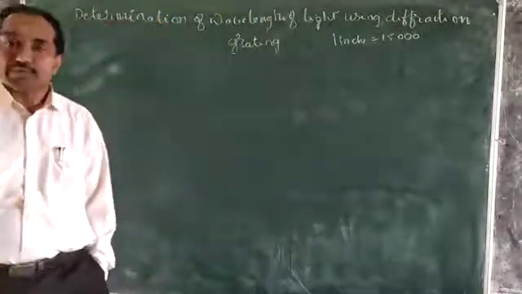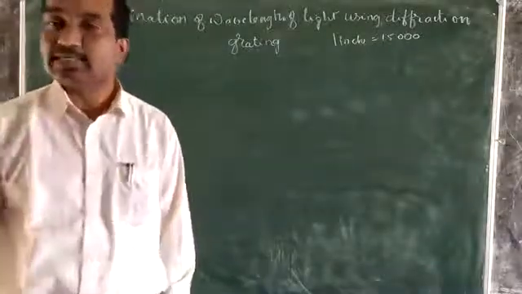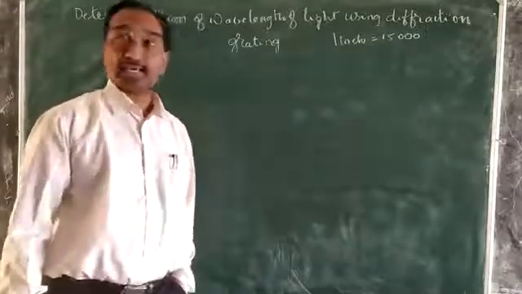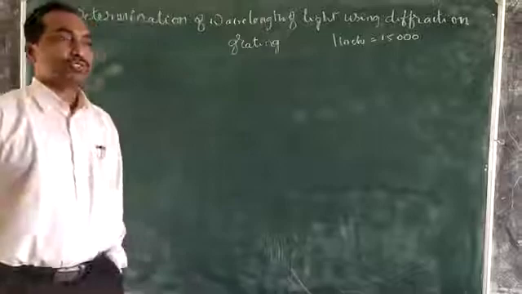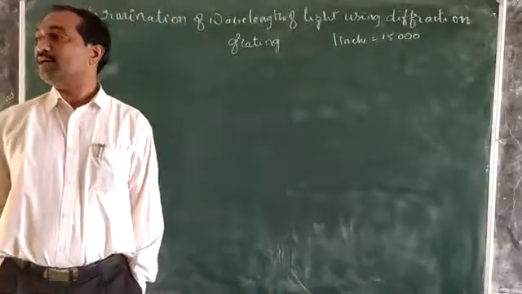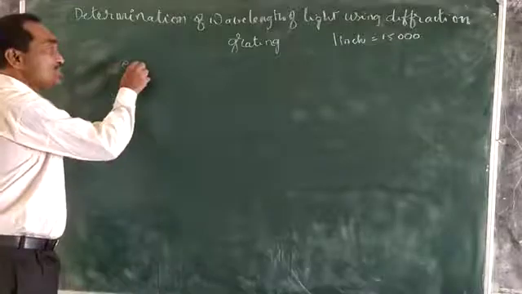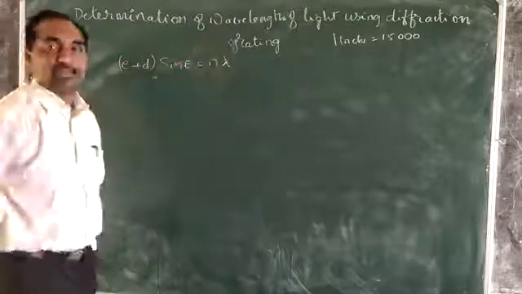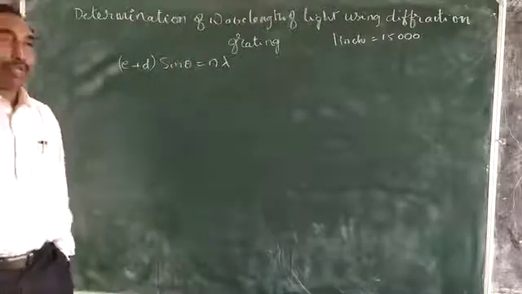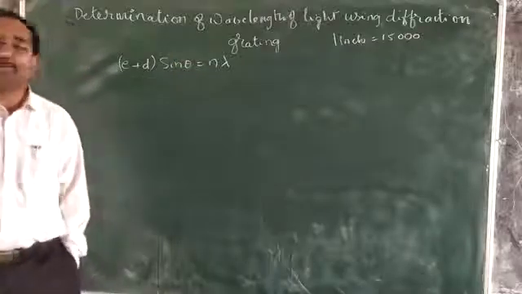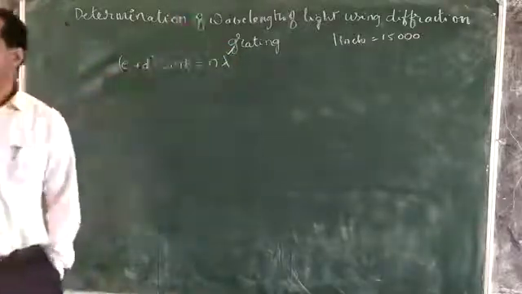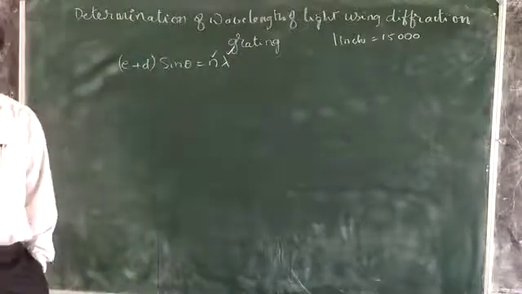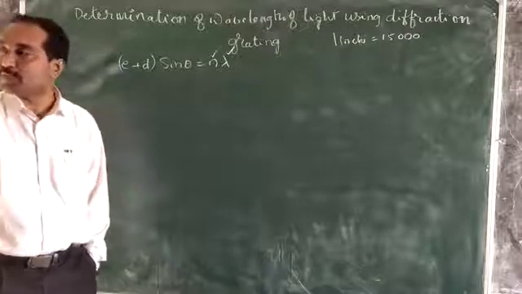We know when we use a diffraction grating in normal incidence, there are principal maxima, minimum intensities, as well as secondary maxima. So do you know what the condition for principal maxima is? That is (e + d) sin theta is equal to n lambda. That is the condition for principal maxima. By using this principle, we can determine the wavelength of light, that is lambda, where n is the order of the principal maximum. Maybe it is 1, 2, 3, 4 and so on.